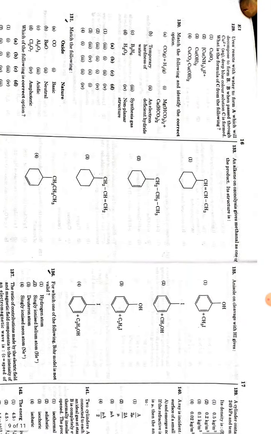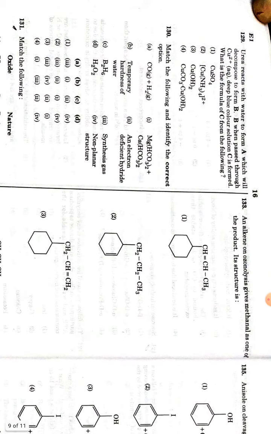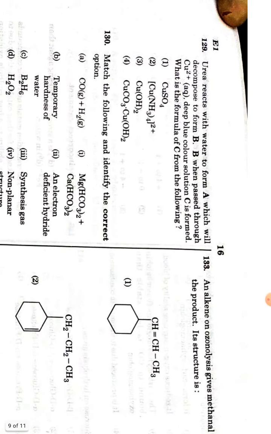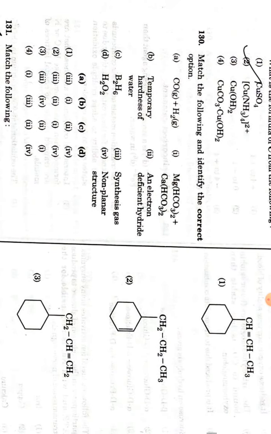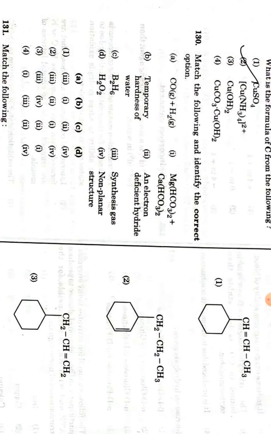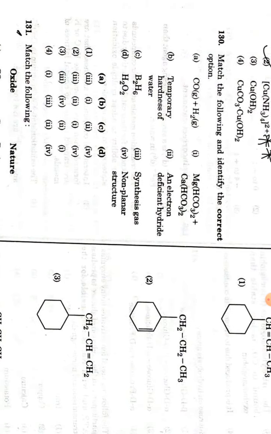This is the question from surface chemistry. Now the beautiful question: urea reacts with water. This is the preparation of ammonia. NH2C=O NH2 plus water gives ammonia. When passed through copper 2+, it forms a complex, that is Cu2+ complex. dsp2 hybridization, that is sp2d hybridization. This is one of the important complexes we have discussed earlier, and this is the direct question.